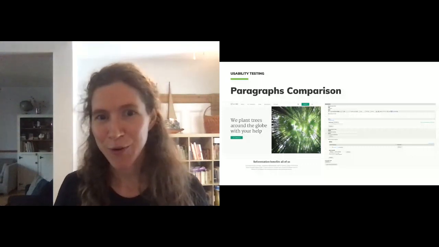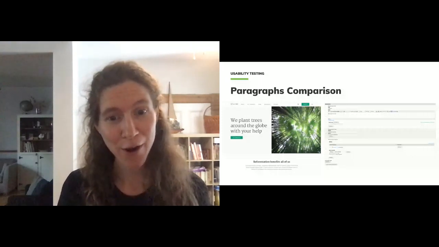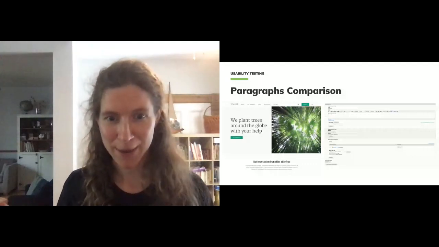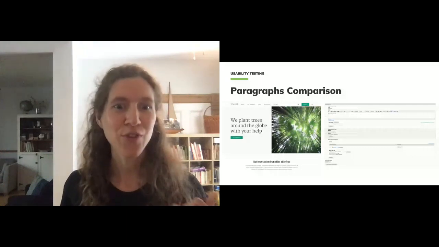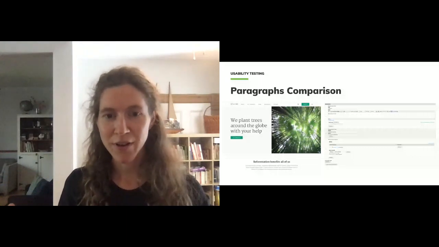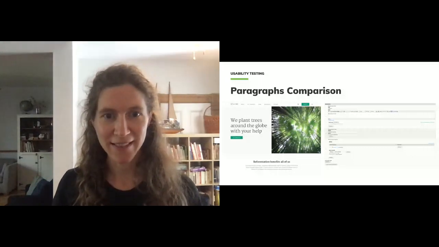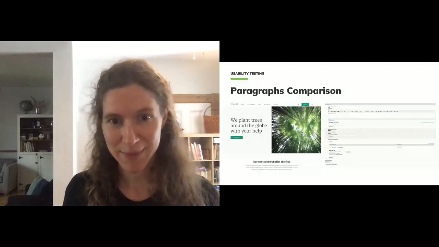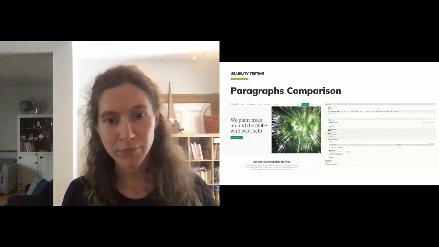So some of you who have built sites with paragraphs might have taken this approach before of using paragraphs to actually manage a layout and having a paragraph type, perhaps called 2 columns. And so content editors found this very confusing and were unclear as to what that meant, and just the fact that the visual display of the layout wasn't being displayed to them in the form was a real hang up for them.